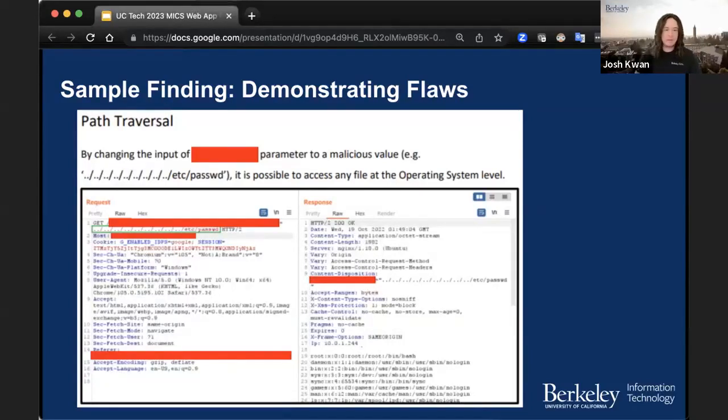The left pane shows the malicious request by the students to give me your ../ and on and on and on /etc/passwd file, right? And then the right side is the server response saying, okay, yes, here's my password file with all my local operating system and user accounts, not something you want attackers to do, right? So you can imagine how attackers might leverage this type of thing. They can read files outside the web root. They can also read things like source code potentially, or configuration files. Maybe they get API keys or database passwords this way, right? And so another way to leverage this vulnerability and compromise the system.